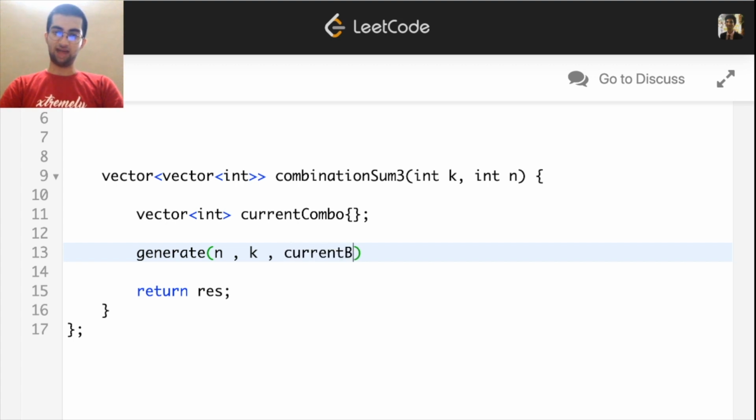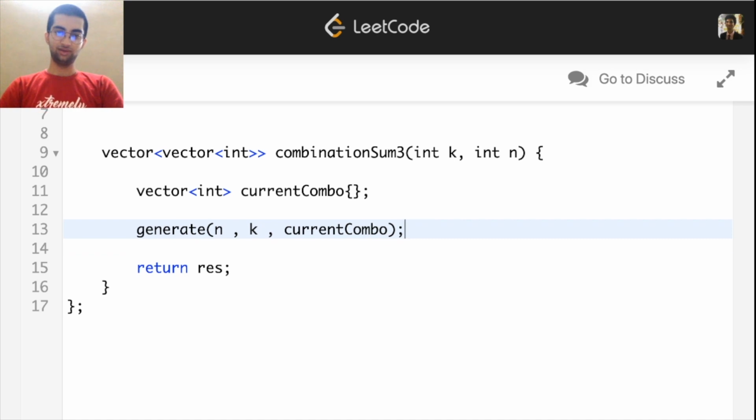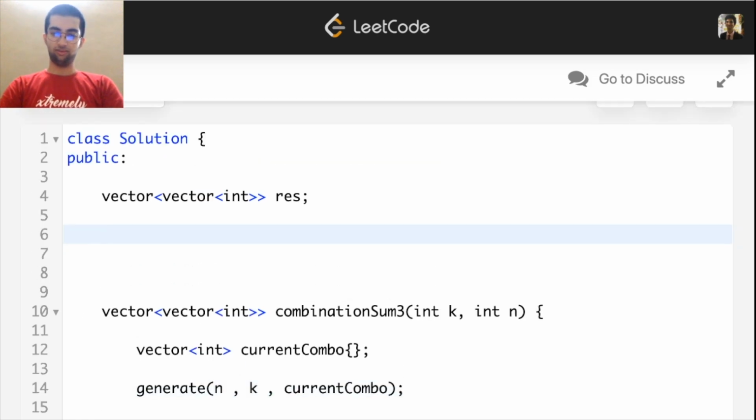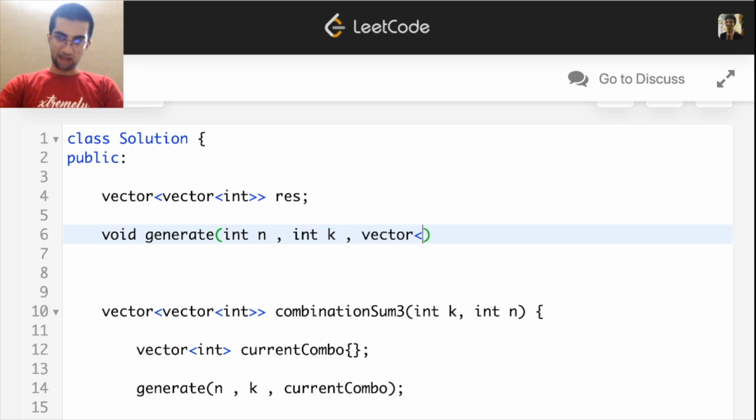In the start it's empty, correct? Current combo is empty. Now generate, int n, int k and vector of int as my reference so that I don't create unlimited copies.